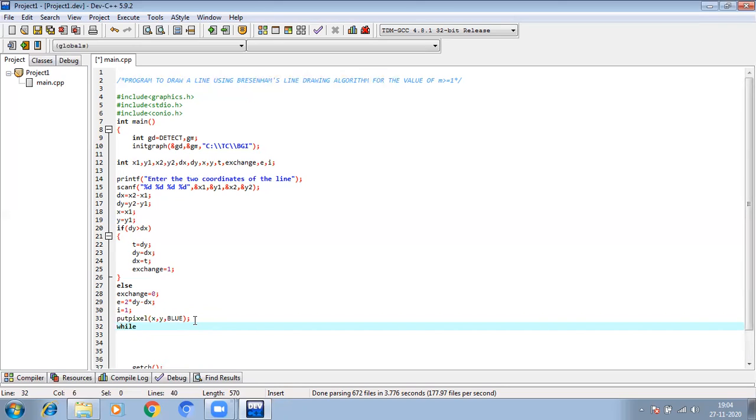Then there is a while loop. In that while loop, we need to check a condition: whether the decision parameter's value is greater than or equal to 0 or lesser than 0. If it is greater than or equal to 0, we will perform certain conditions, and if it is not this case, a separate set of lines will be executed. So while our decision parameter's value is greater than or equal to 0,